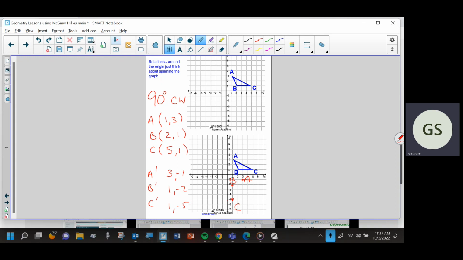You should always have the same combination: 1 and 5, 1 and 5, 2 and 1, 2 and 1, 3 and 1, 3 and 1. It's just that one of those is going to become negative, and they're going to change places. If you'll notice, the Y values become the X values down here, and the X values become the Y values, and then we also change the sign of the X value. That's why I say memorizing formulas is going to be a little tricky. You're going to confuse them a little bit,